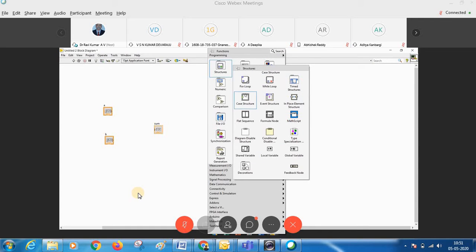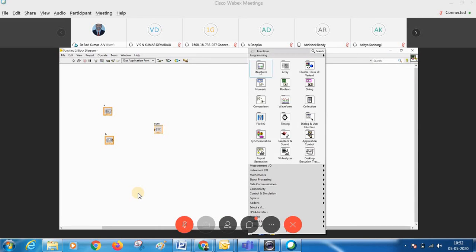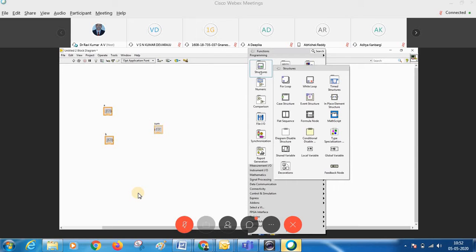We have all the different kinds of structures that we study in C, C++ or Java: for loop, while loop, case structures, formula node, time structures, and in-place element structures. All of them are available as icons only. So we come to know how we are supposed to use these icons to implement them in our program. This is the one concept we want to learn.